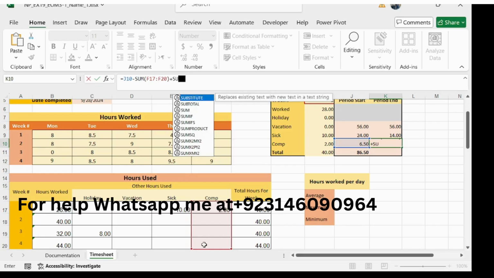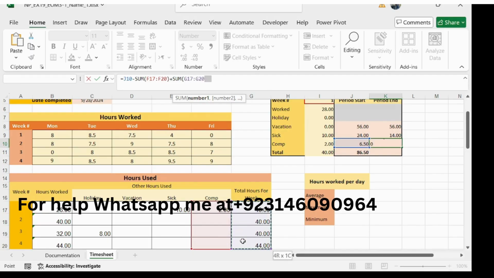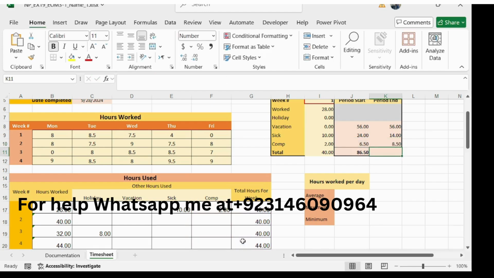add sum of range G17 to G20 like this and close the bracket and then subtract 160 from this and press enter. So we have completed our 10th step here, and our step number 11 is copy the formula in cell J11 to K11. This is cell J11 to cell K11 like this. So we have completed